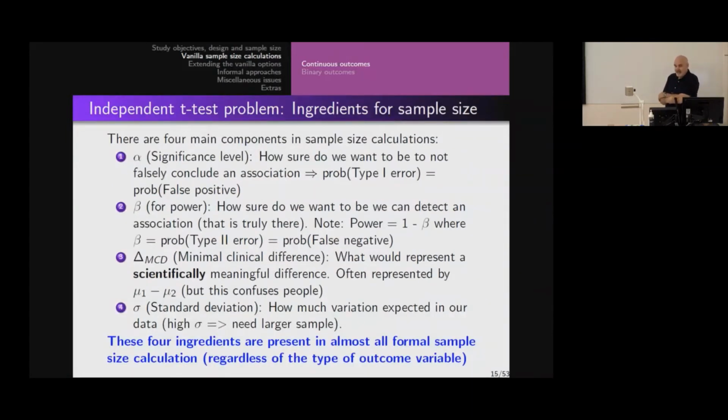There are 4 ingredients, and I think the thing we need to remember about sample size calculation is it is like baking a cake. You need your ingredients, you mix them together, that's it. And it is arithmetic. It really is a very simple thing to do. I will talk about software that people can use towards the end, but I really want us to get our hands dirty with the calculations. There are 4 ingredients that we need in this situation, and actually in most situations. These 4 ingredients you will see in all formal sample size calculations. It doesn't change. The nature of them changes a little bit, but what they are doesn't.